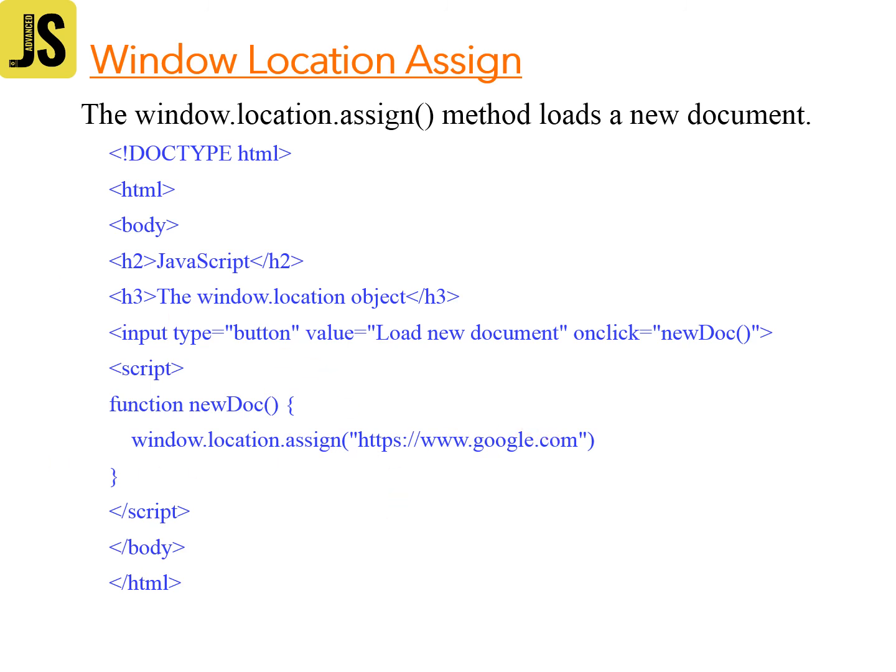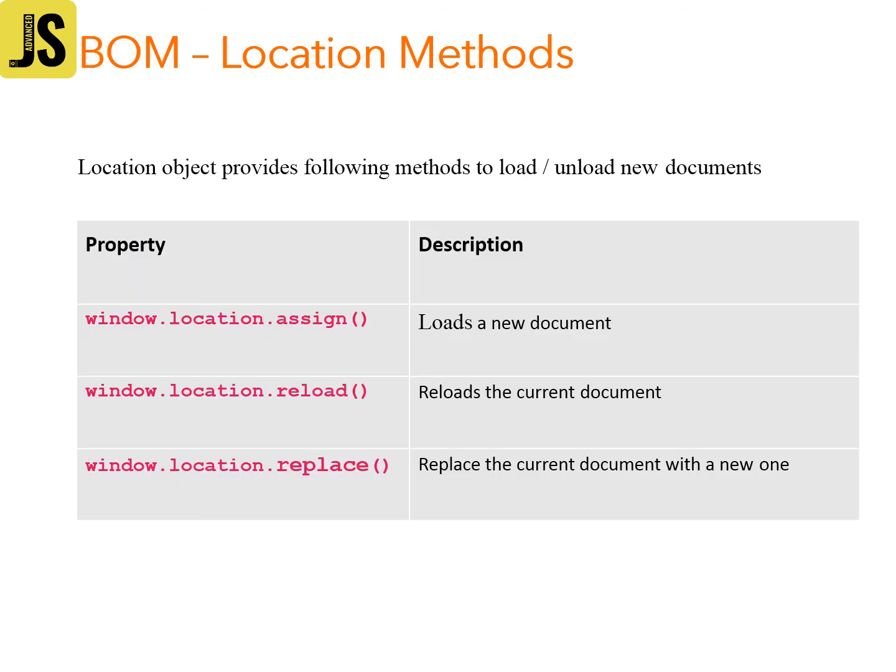Okay, now we can see some of the location methods which are used in BOM. Location object provides the following methods to load or unload new documents. Some of the properties: